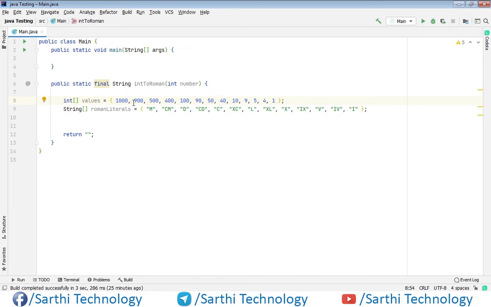Here you can see another array in which I have saved the Roman numerals of these numbers. For 1 we have I, then for 4 we have IV, for 5 we have V, for 9 we have IX, and for 10 we have X, and so on. So we can convert up to 1000. Okay, now after these two arrays we need to create one StringBuilder object,